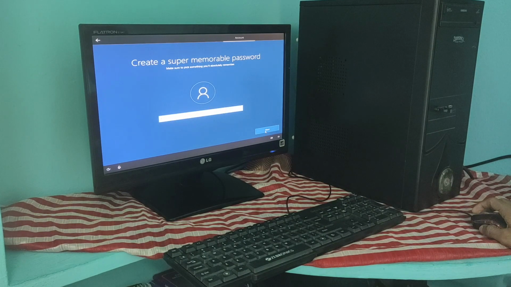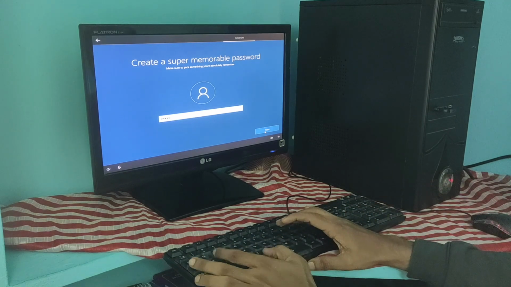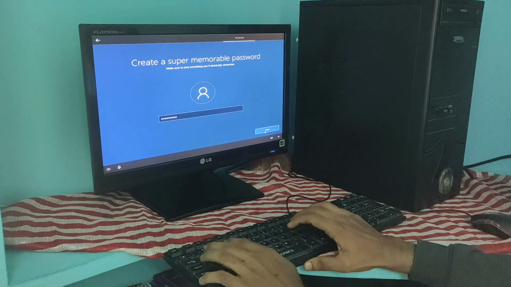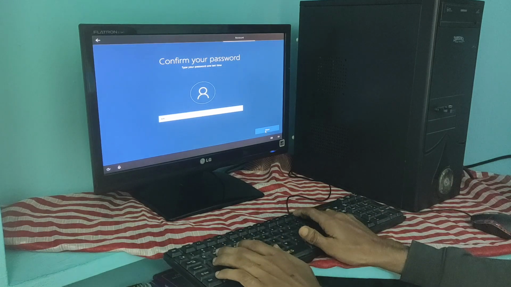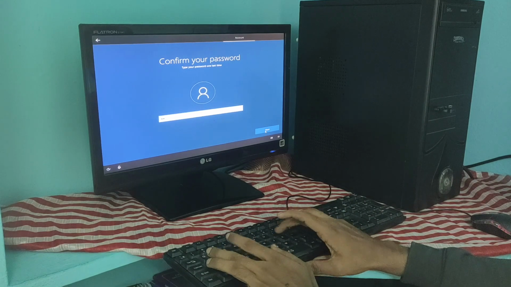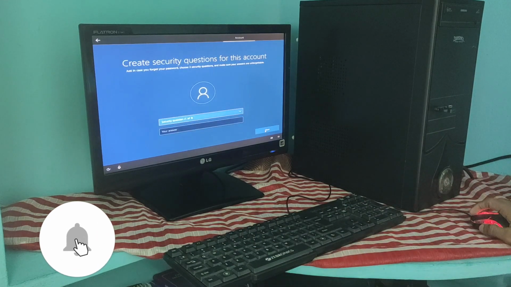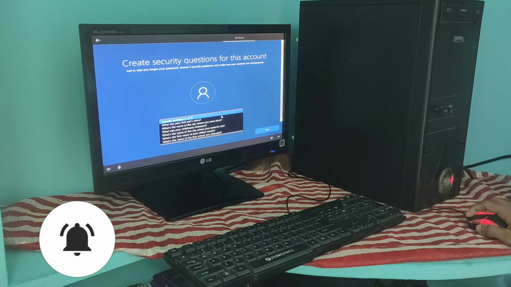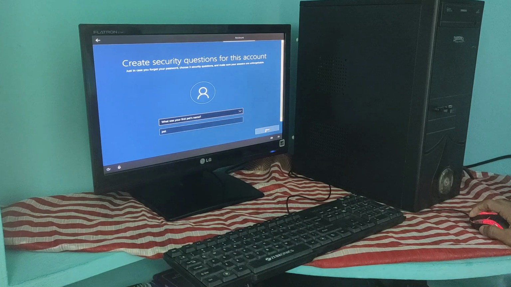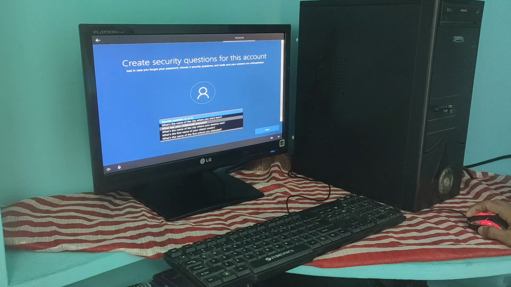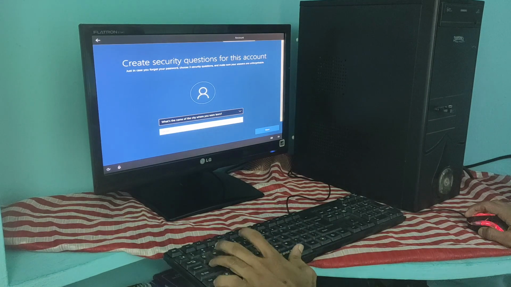If you don't like any password for your system, just click next in this dialog box. Or if you want a password, just type in your password and click next and confirm the password by typing it again. Click next. One of the best features of Windows 10 now is it will ask you security questions for this account. You can select any 3 questions and answer for those questions. So in case you forgot your password, you can unlock the password from the lock screen by answering these questions.